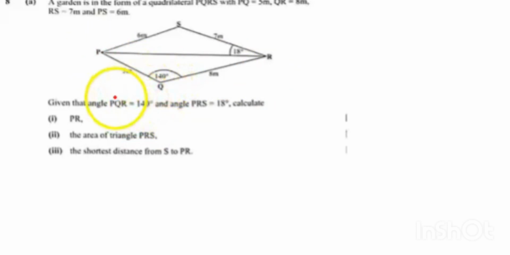So this letter here represents the angle at Q. Okay, and the angle PRS is equal to 18 degrees, and we have to calculate the length of Roman numeral 1, the length of PR. Roman numeral 2, the area of triangle PRS. Roman numeral 3, the shortest distance from S to PR. Okay, so we have to find the length of